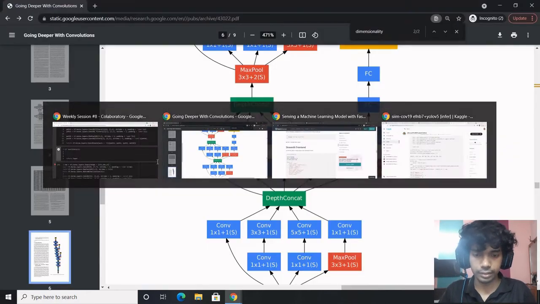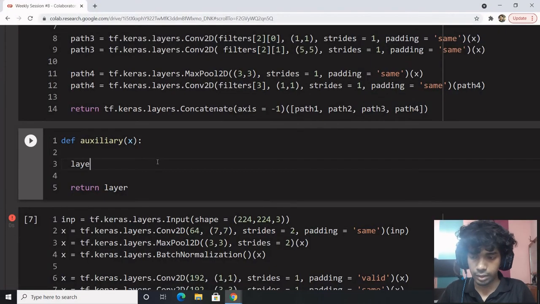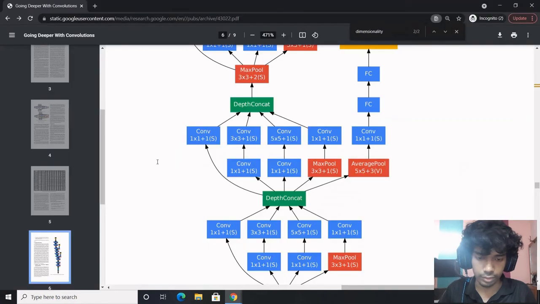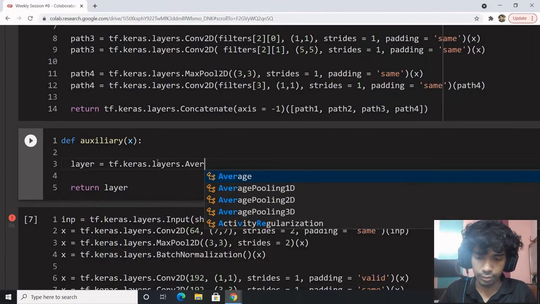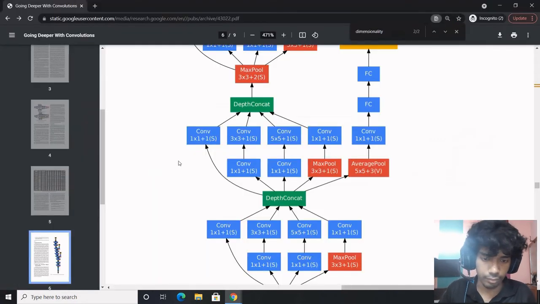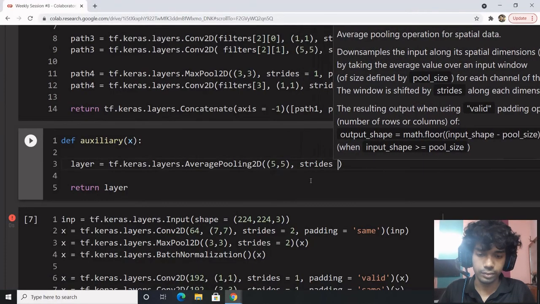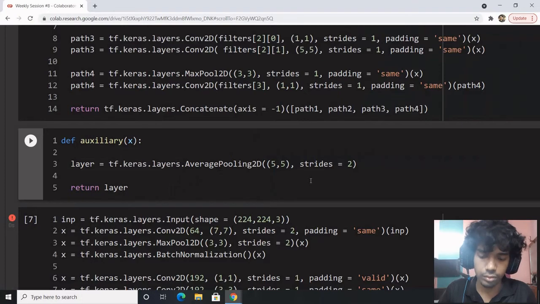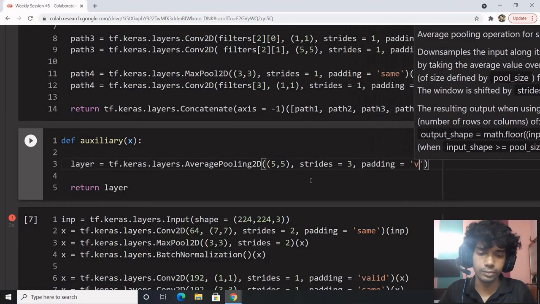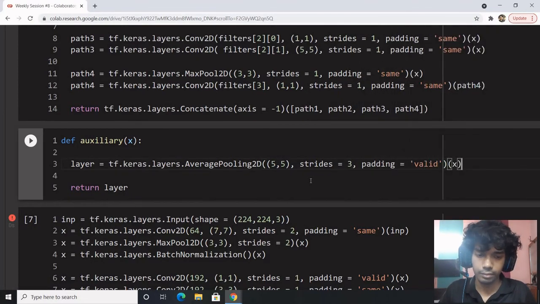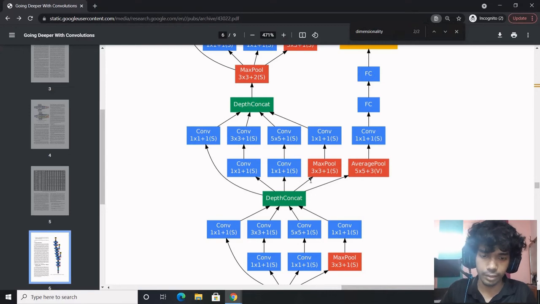The input comes in, it goes to a layer which is tf.keras.layers average pooling 2D, wherein it is 5 cross 5, strides equal to 3, padding equals to valid, pass in the input.